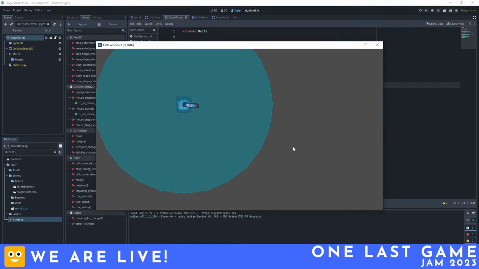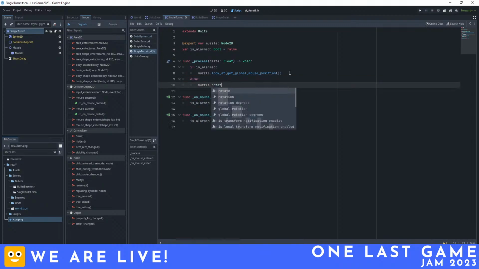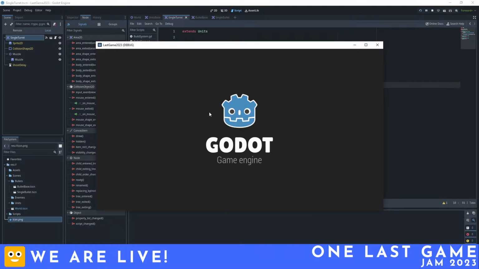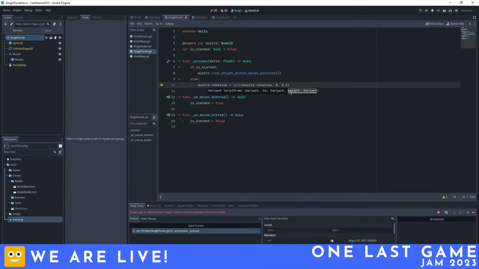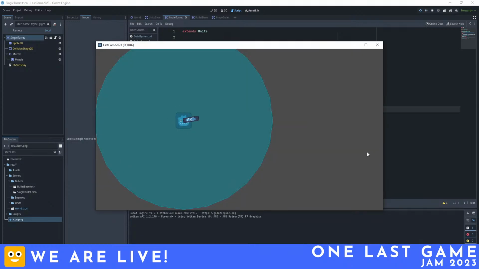Let's spawn one, and whenever I enter into this area, this follows my cursor, and whenever I exit, it just stops there, which kind of seems odd. So what I'm going to do is else muzzle.rotation equals lerp(muzzle.rotation, 0, 0.2). Integer to float, of course we need a lerp_f over here. So whenever it moves, it just